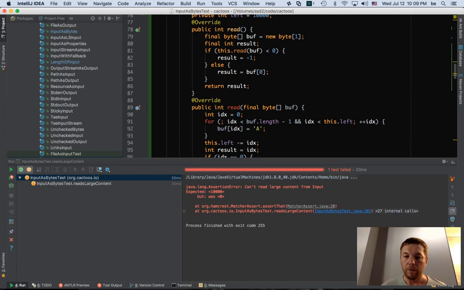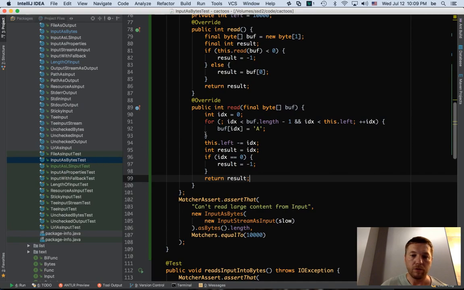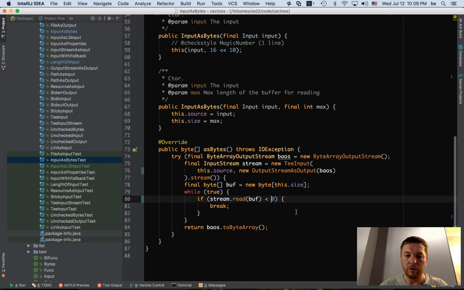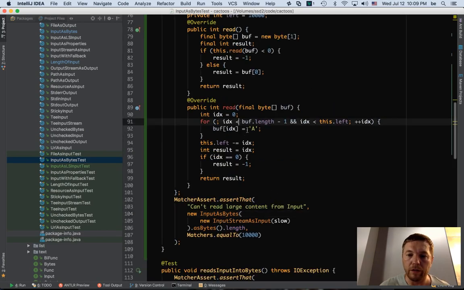Boom! It's 0. Jesus. Wait a second. -1. Do I need to do this? No, I don't think so. So why is it 0? If buffer is less than, if index, so we're going to give them something.